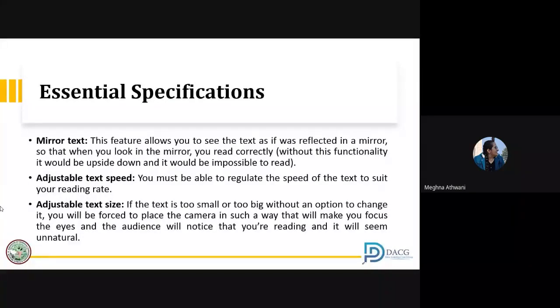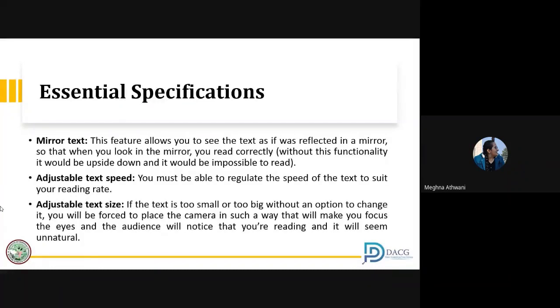So that you read it correctly. Why? Because without this functionality, it would be upside down. Obviously, if you write something and you show it to a mirror, the text appears running in the opposite direction. You don't want it. That is why you run your text in the opposite direction so that when you see it through a mirror, you see it in an exact manner. Okay.